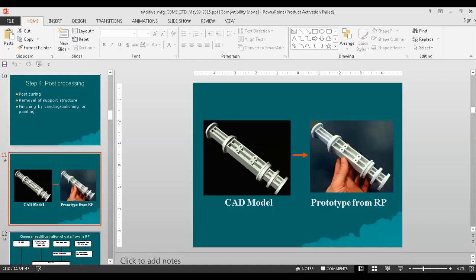Overhanging structure means when, suppose you have a structure like this, correct? Can you see me? Suppose the component is like this. I can show you some component. Suppose this is the component, correct? You can see the component here.